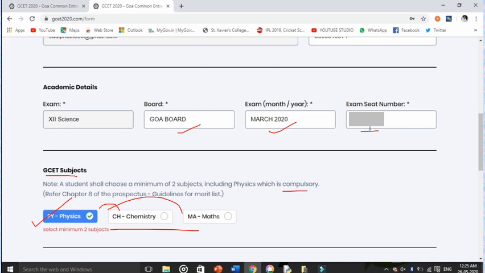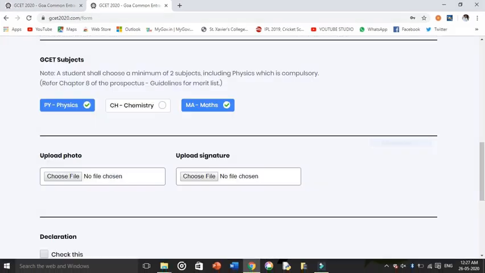Apart from that, you have to choose one more subject, chemistry or maths, or you can choose both to answer. I would suggest you choose both to answer, because it actually doesn't matter, because your rankings come based on your singleton papers. So I have filled just 2, maths and physics.